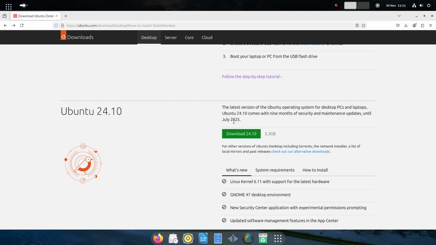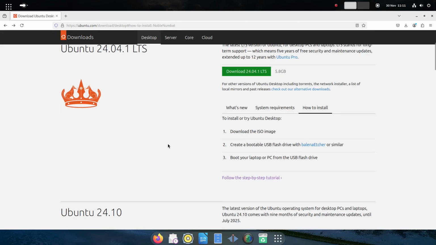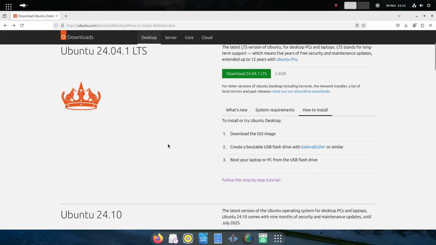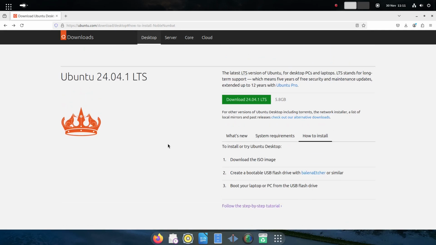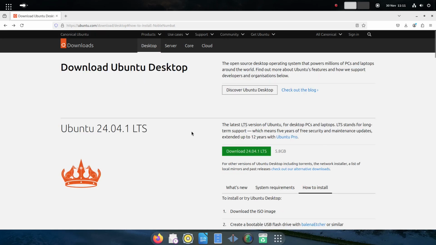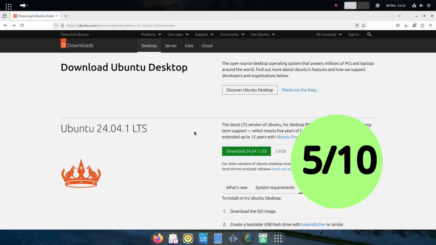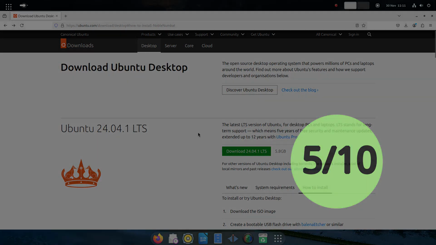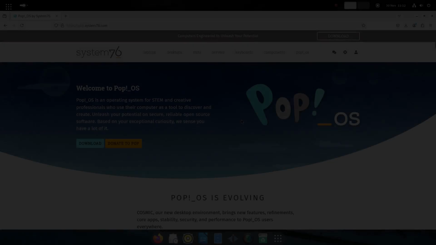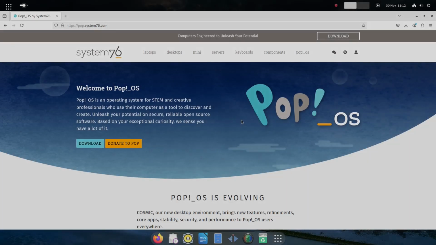They'll go from 24.10 to 25.04 and keep going on, but some people just want to have the latest long-term support release that they install once and they just get security updates and patches. So the Ubuntu website, the initial front page is naff, but the actual downloading of the desktop version is actually quite good. Next up is System76 and Pop OS, and just pop.system76.com, and this is the download page for that,